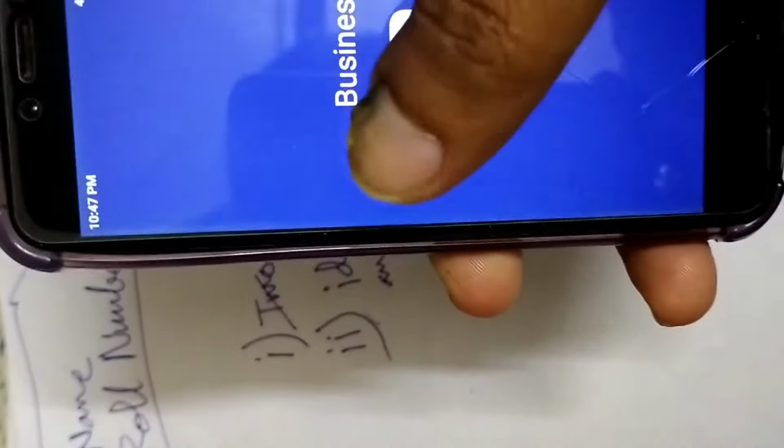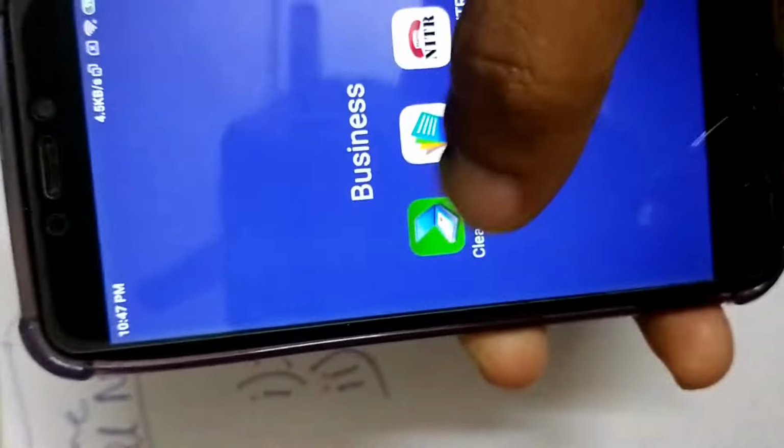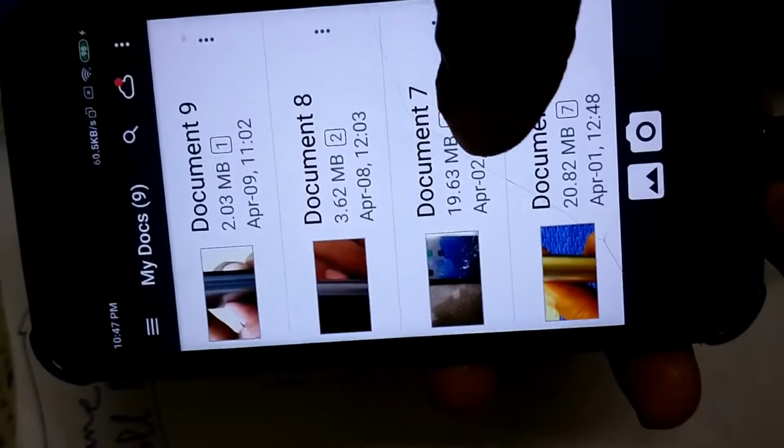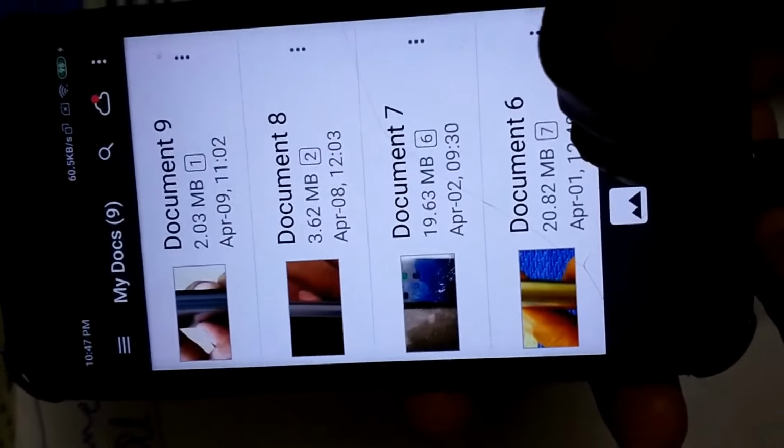Then the remaining part, I need to take a legible scan of this copy. So for that, I will use this Clear Scanner.